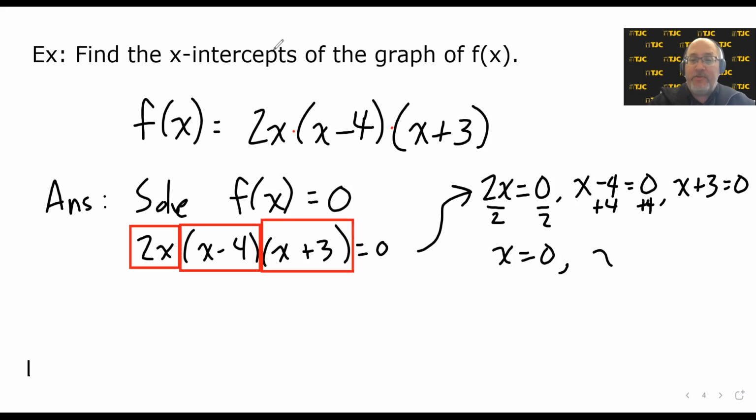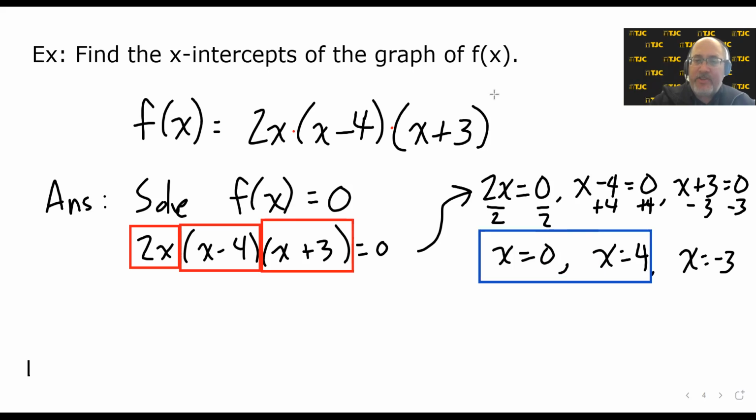That would give us x equals 4. And the final one we can solve by subtracting 3 from both sides. That will give us x equals -3. So it wasn't too hard to find the zeros of the function, and so it won't be too hard to find the x-intercepts. Now you have to be real careful when you're doing your homework, because when they ask you